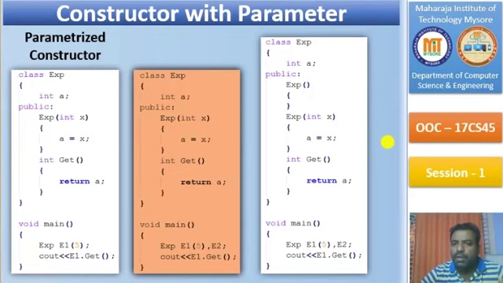Hence, whenever you are going to use a parameterized constructor, note it down: you need to compulsorily define a dummy zero argument constructor. If it's not a dummy, you can make use of this zero argument constructor, but you need to make sure you put this as a dummy zero argument constructor.